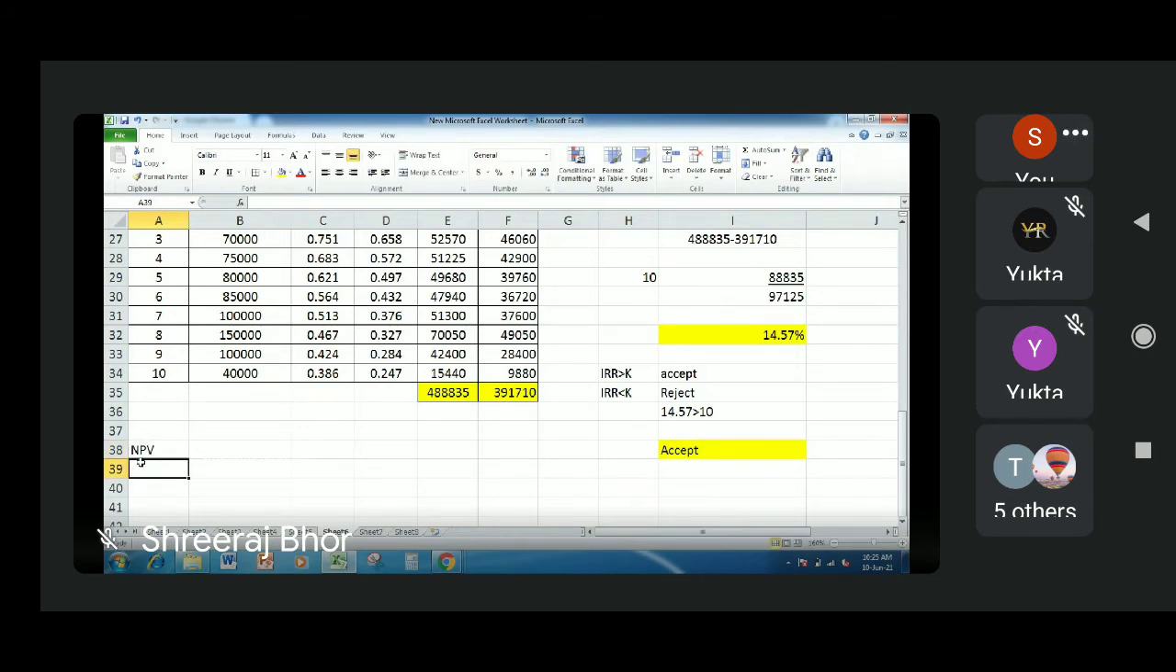Now let's calculate NPV. So what is the equation for that? First of all, let's calculate for 10%. So NPV at 10%. What is the equation for NPV? It is equal to present value of cash inflow minus present value of cash outflow,